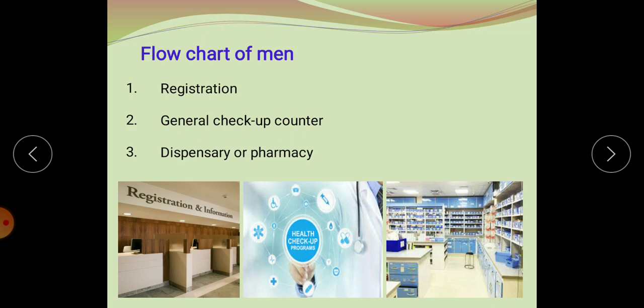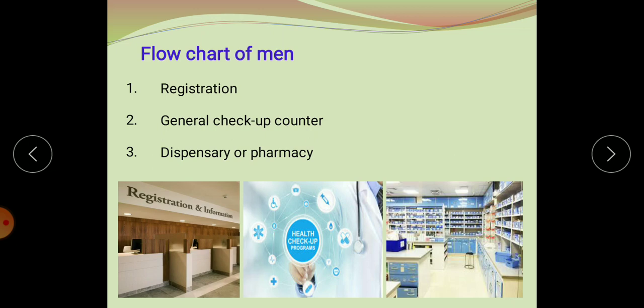But in the case of new patients, most of the time the patients are not at all aware of their disease condition. Most of the patients are also illiterate, so they may not be able to express properly what type of problem they are facing, or which type of care or department they need. For that they are first referred to the general checkup counter. Then from the general checkup they will be referred to any specialized diagnostic procedure or the clinical services.